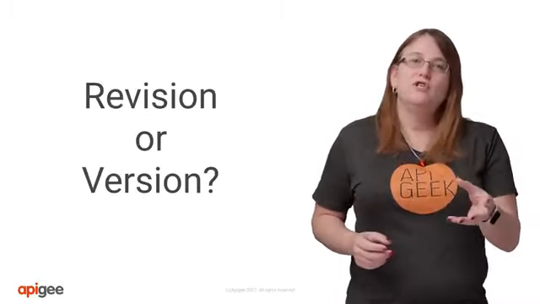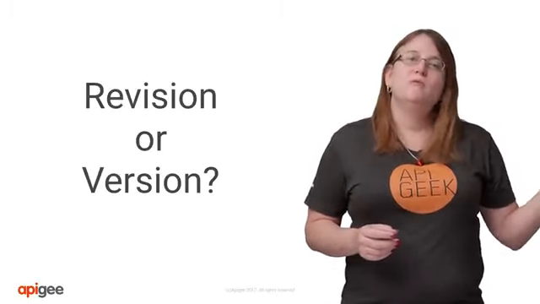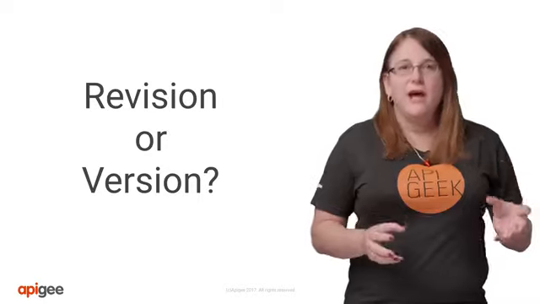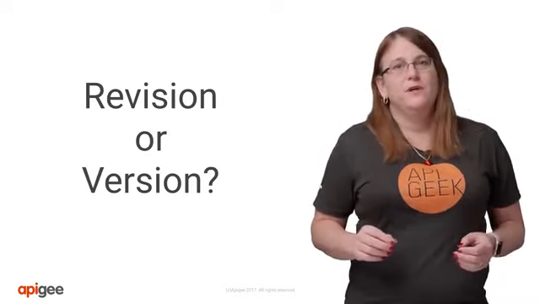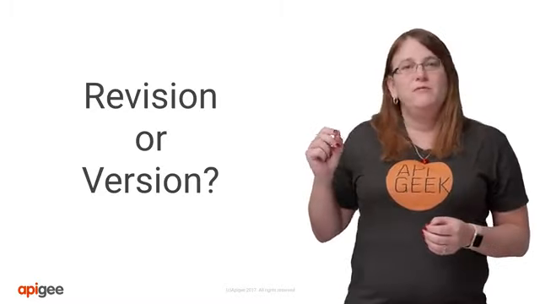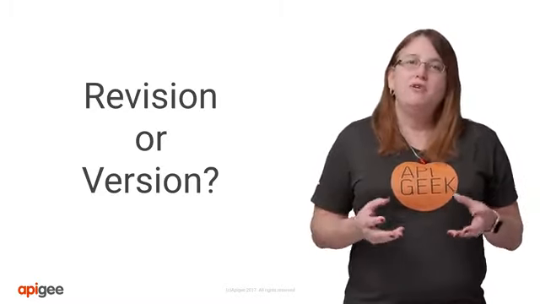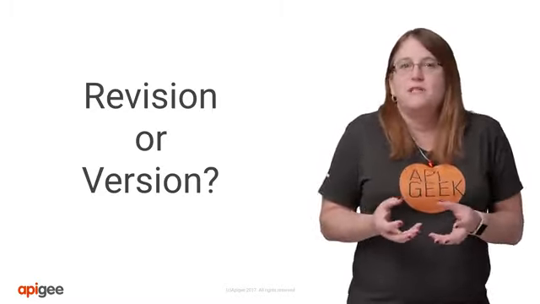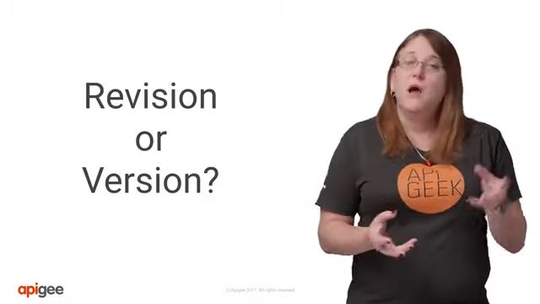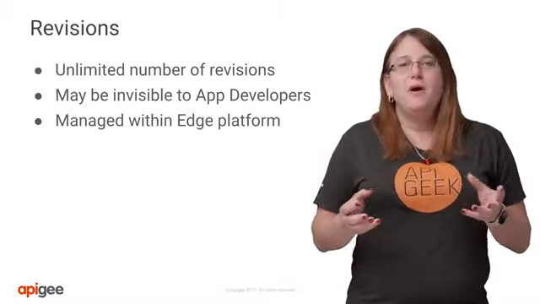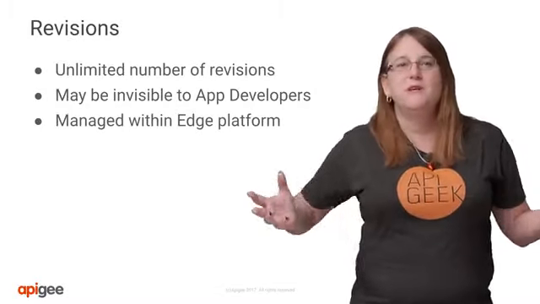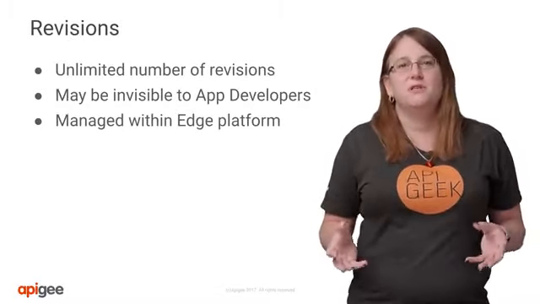Changing your API version is exposed to your consumers and represents a major API change or a change that is not backwards compatible. API proxy revisions, however, are an Apigee Edge construct representing proxy updates and will not impact your API consumers. API engineers can make an unlimited number of revisions to their API proxies.